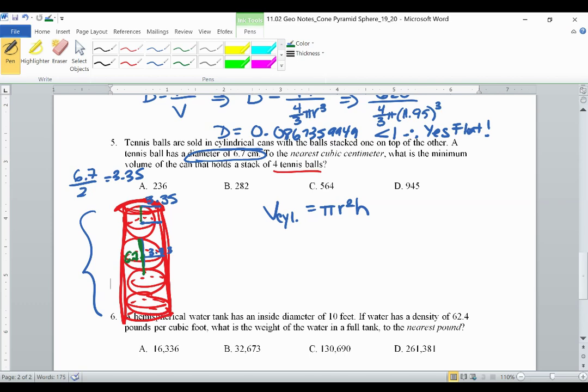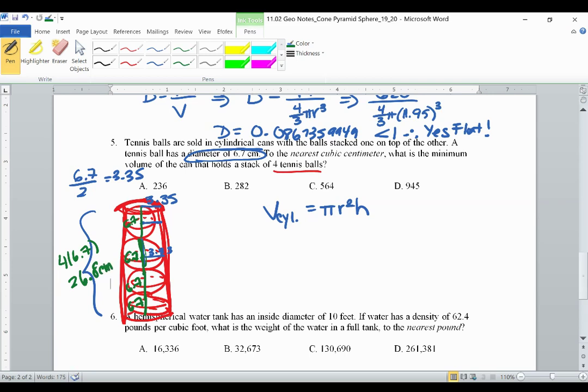So I have 6.7 centimeters for this ball, 6.7 for this one, 6.7 diameter for that one, and 6.7 for this. So I've got 4 balls, each with 6.7 centimeters of a diameter. So if I multiply those together, that gives me 26.8 centimeters for the height of my